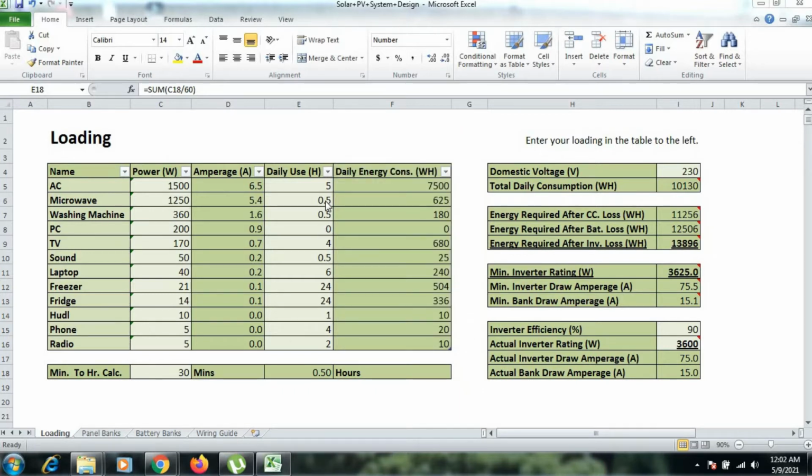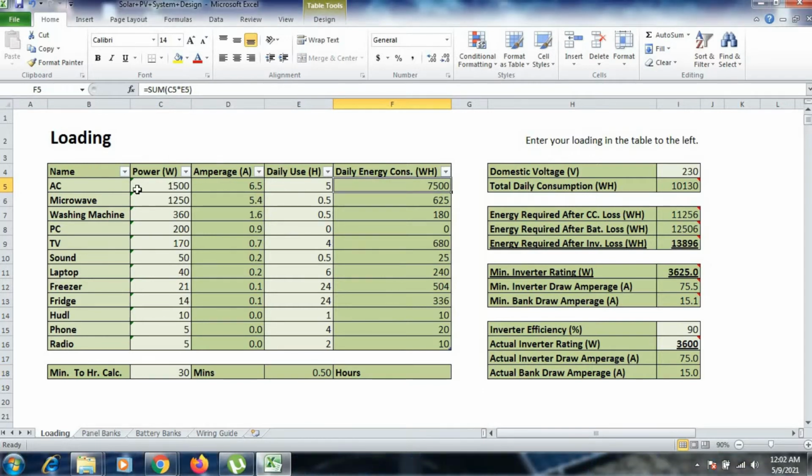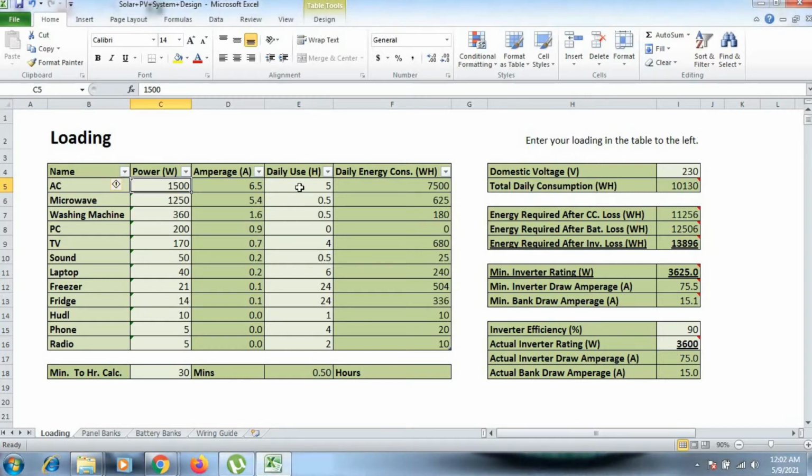Now here you can see the daily usage of each equipment has been given in hours. So the daily energy consumption of each load will be in watt hour. The watt hour is nothing but the watt rating of each equipment multiplied by the runtime. Suppose the AC is 1500 watt and it runs for 5 hours in a day.